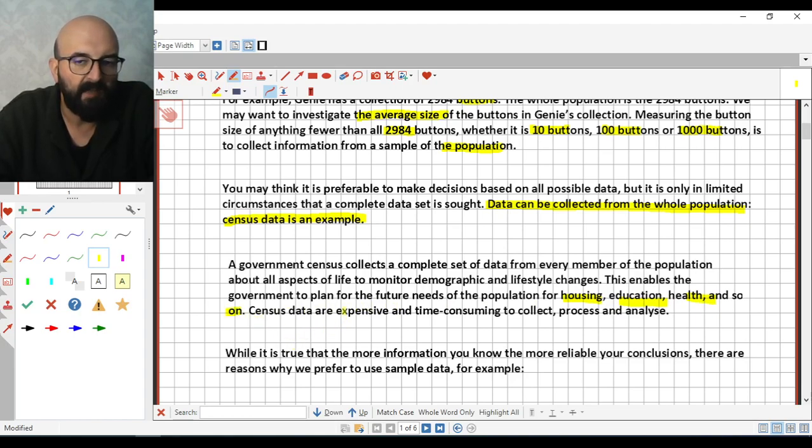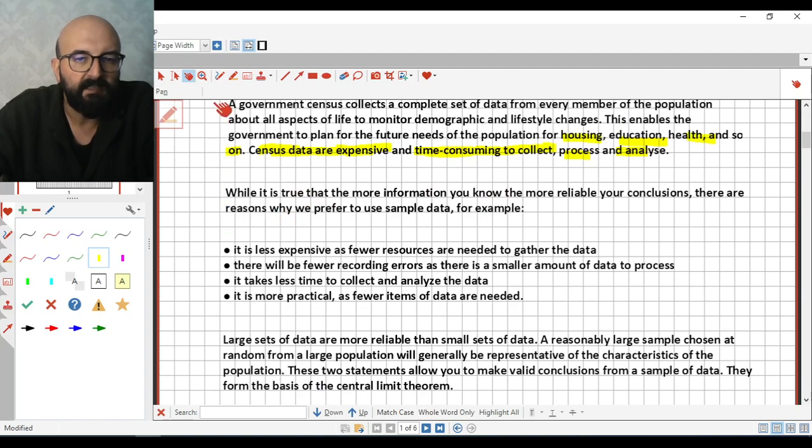Census data are expensive and time consuming to collect, process, and analyze. While it is true that the more information you know, the more reliable your conclusion,